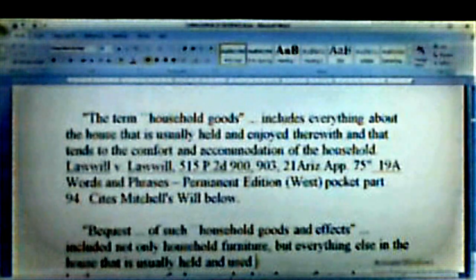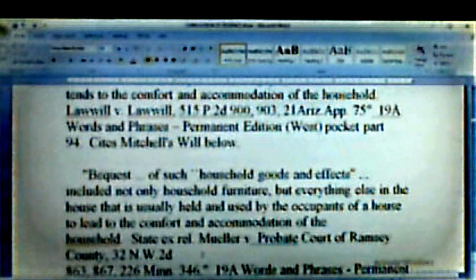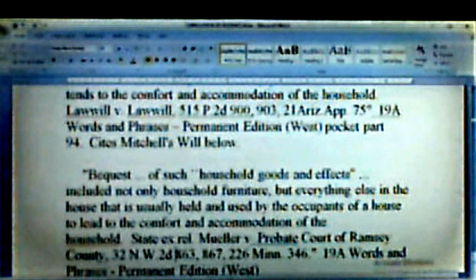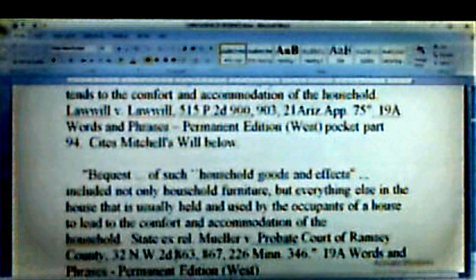So you can see that this doesn't change. It just keeps going and going, on and on. Now all these lawyers say, oh yeah, these guys are sovereign citizens, they don't have the right to travel. But what you have to understand is that we're talking about what the law says. And I'm going to show you, as we get down here, what the law says falls right in line with